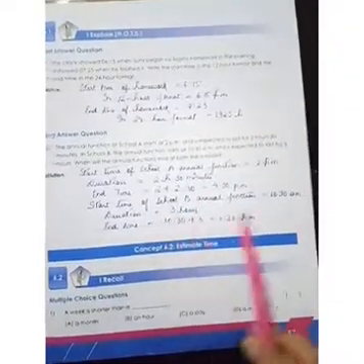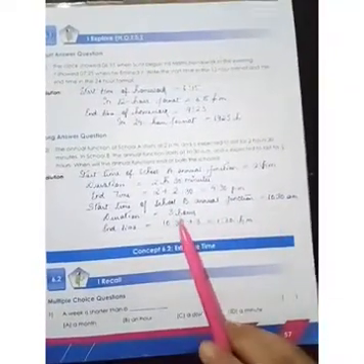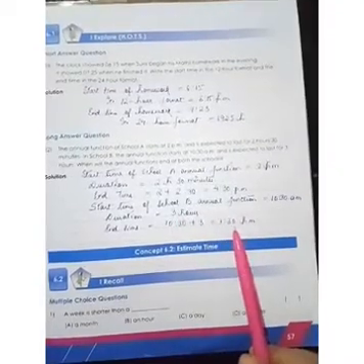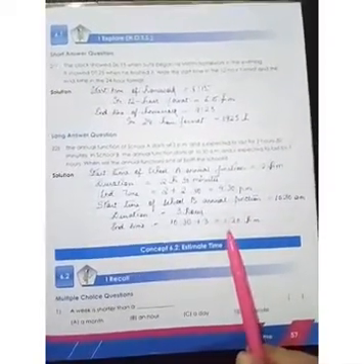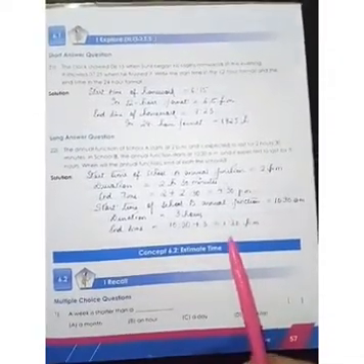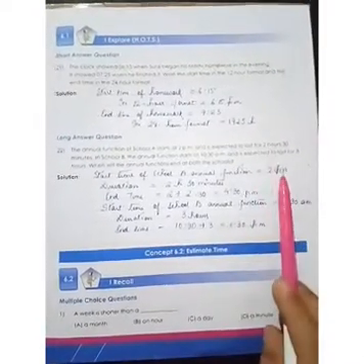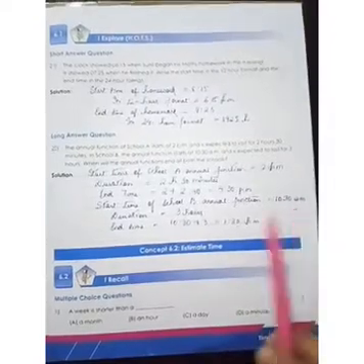Similarly for school B, it started at 10:30 a.m. and after 3 hours it became 1:30 p.m. Okay, why will it become p.m.? Because it has crossed the 12, the midday. This was already p.m. but this was a.m. and it finished at 1:30 p.m.